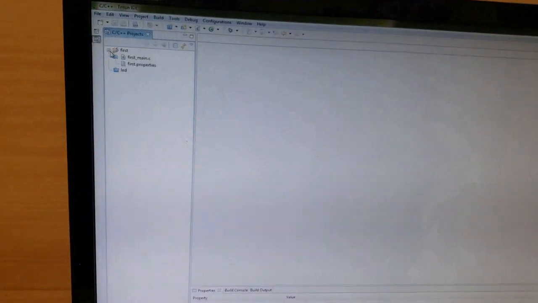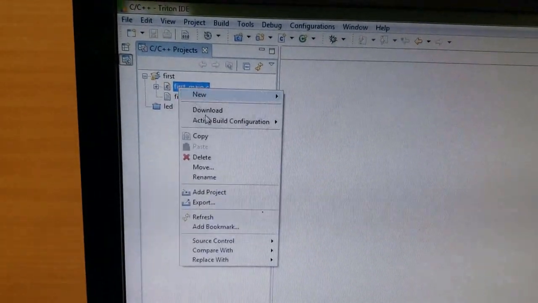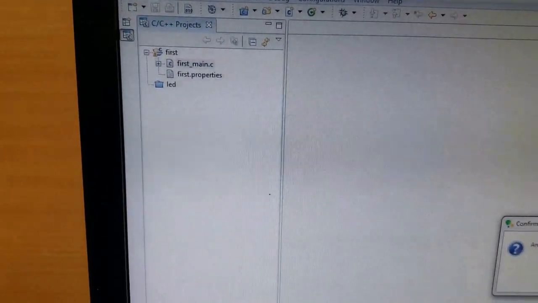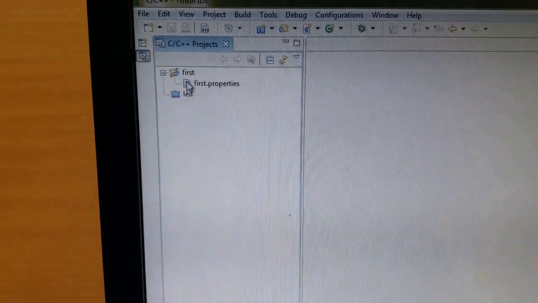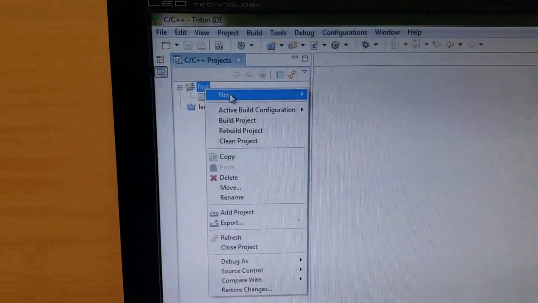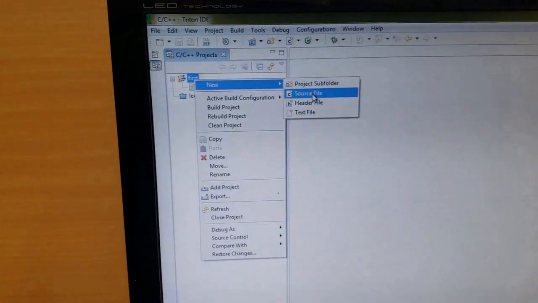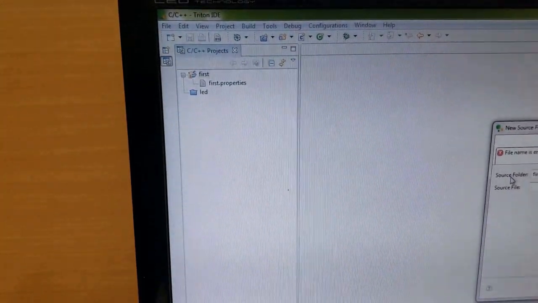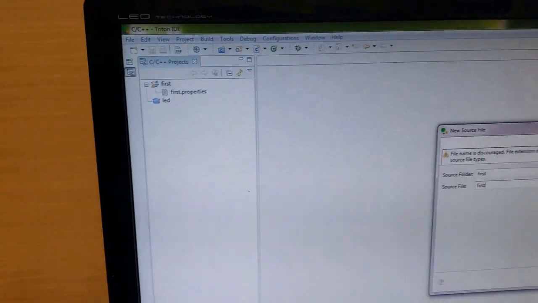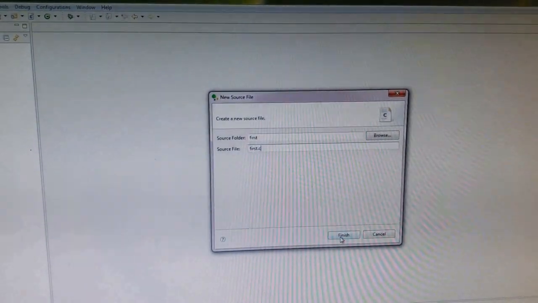It will create your first project here. Then simply remove, delete this; we are going to start from scratch. Right click on this first, which is our project. Now we are going to create a new source file, so hit new and then C source file. I am giving first as the name of our program, so first.c is our main program, and then finish.